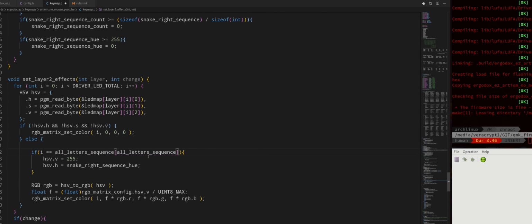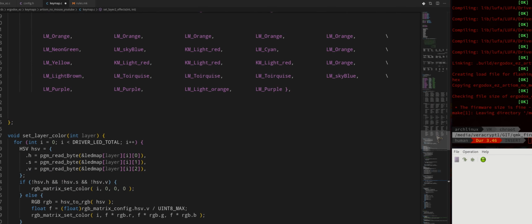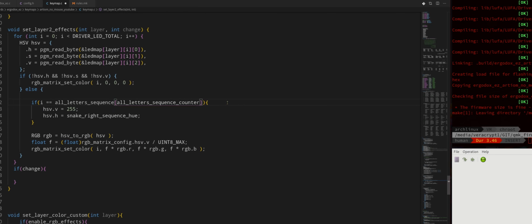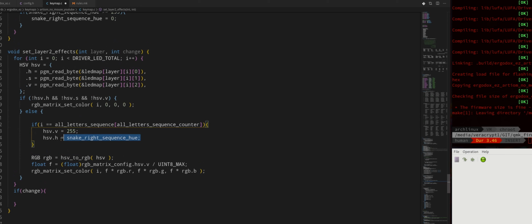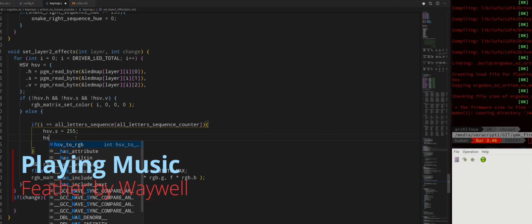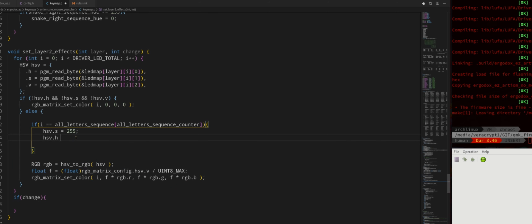Letter sequence, count, counter, alright. Yeah, that's fine. Okay, then we want to change, let's say, the saturation to 255. Then we'll change the hue equals to,